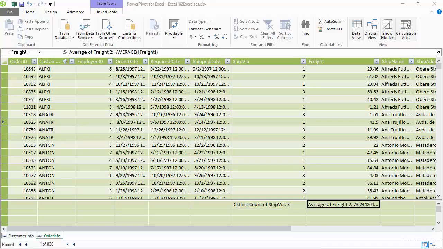So we've created calculations in two different spots within our Excel document. We've created calculations inside of the pivot table. We did an average of the freight, and we did the exact same thing inside of our data model through the PowerPivot tool. Now, one of the benefits of creating calculations such as the average freight or the count of ship via inside of the data model is we can now create KPIs, or key performance indicators, based on those